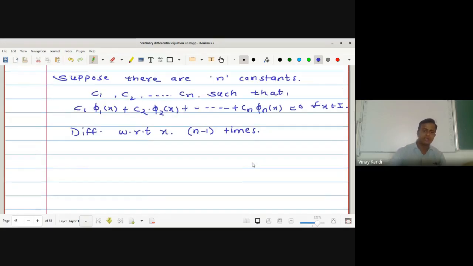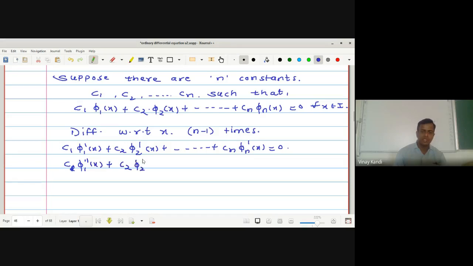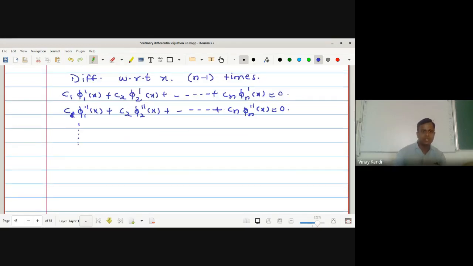Okay, so what we get? C1 phi 1 dash of x plus C2 phi 2 dash of x plus up to so on Cn phi n dash of x is equal to 0. Now, second time, C1 phi 1 double dash of x plus C2 phi 2 double dash of x plus up to so on plus Cn phi n double dash of x is equal to 0. Up to so on, we get n minus 1 times, hence